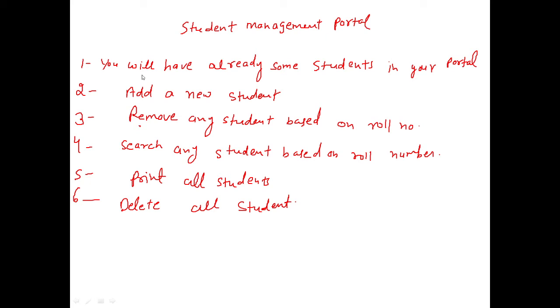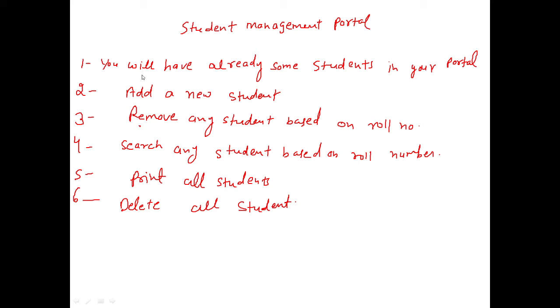Yeah, I have one doubt. In the fourth point, search any student based on the roll number, how can we do it? Just like in the assignment we completed, based on name, we were removing Priya from the list, right? So based on roll number, we should delete any student, right? That's not too difficult. Try that. Otherwise, we are here to solve this assignment for you.